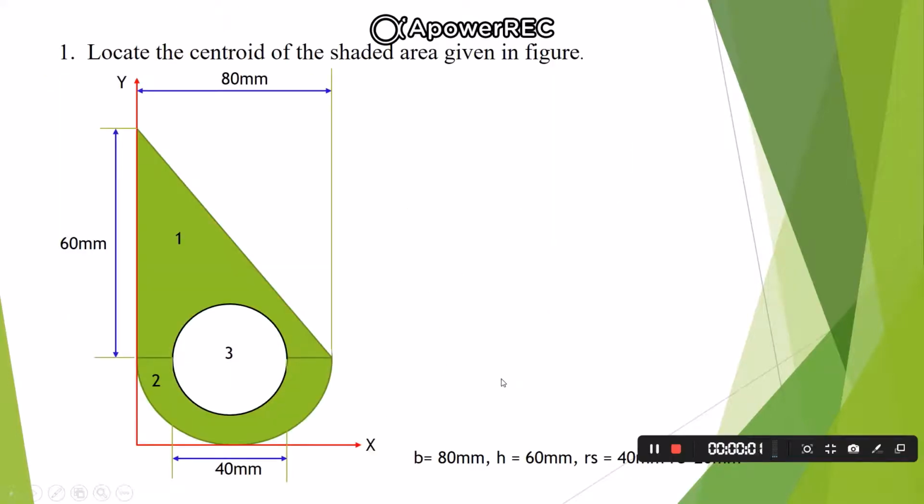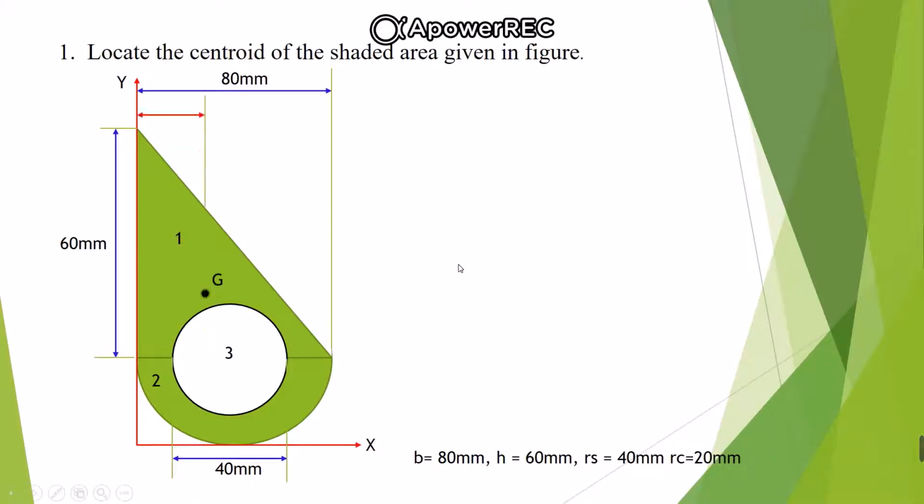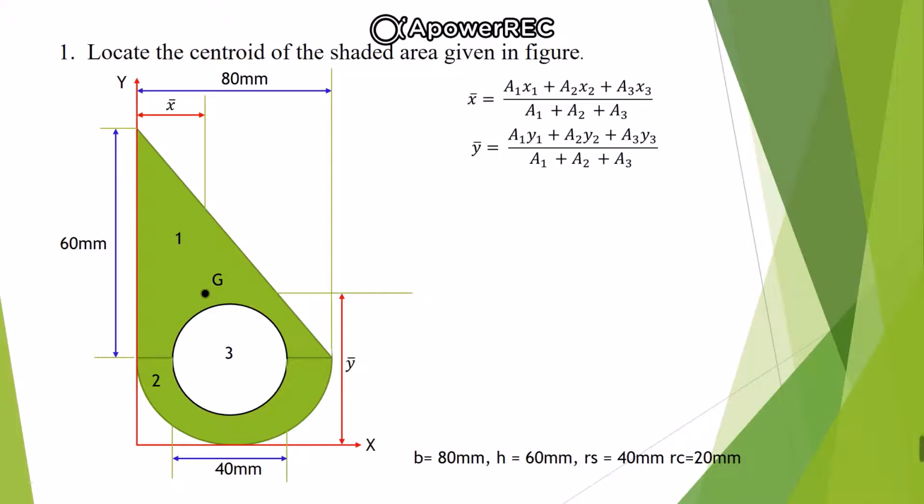Now let's see how to locate the centroid of the shaded area given in the figure. So G denotes the centroid of the composite section, which is at a distance of x bar from the y reference axis and y bar from the x axis. Now in order to find the coordinates of this capital G, we need to find the coordinates of the CG of the triangular section, the CG of the semicircular section and the CG of the circular section with respect to the